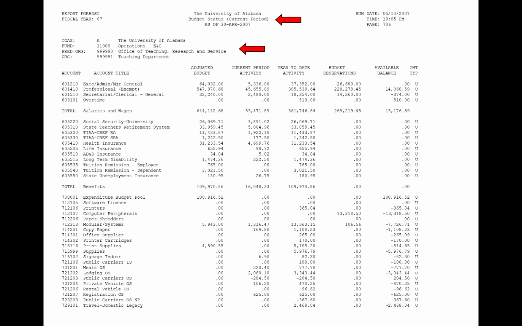Note the report name and date in header detail. Note the fund, predecessor or roll-up org, and org. The adjusted budget column is your expenditure authority. It is the sum of the original budget loaded at the beginning of the fiscal year, plus or minus any budget adjustments made since. Budget is generally loaded into a budget pool